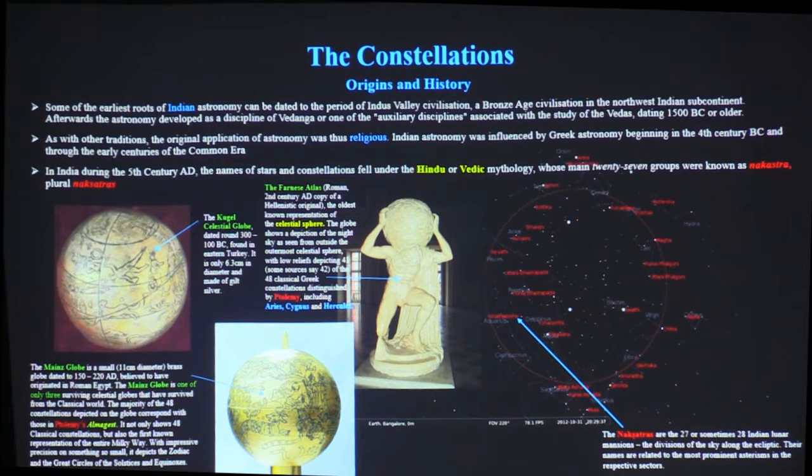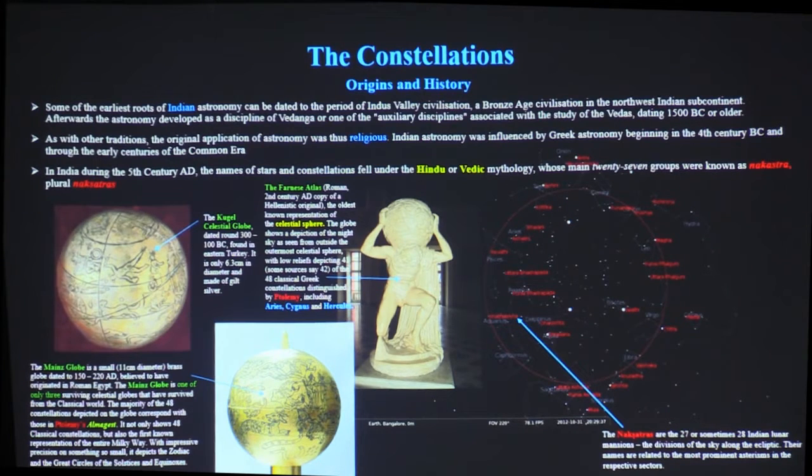The Mainz globe, now Mainz is wonderful, it was a German, sorry, I love my Roman history, it was a part of the Roman frontier, and Mainz has got a beautiful museum in it, which I want to go to one day, a lot of Roman artefacts in there. And so this is where the globe is located, the Mainz Museum, believed to come from 2nd century AD Roman Egypt. So when the Romans occupied Egypt really from 48 BC onwards.